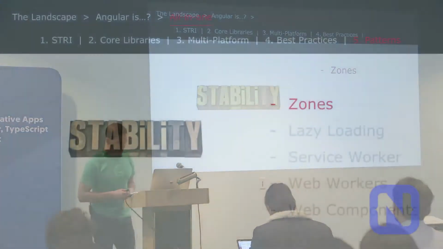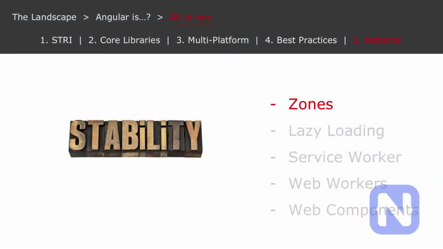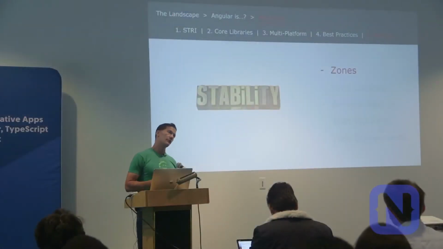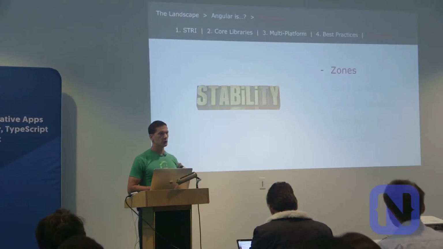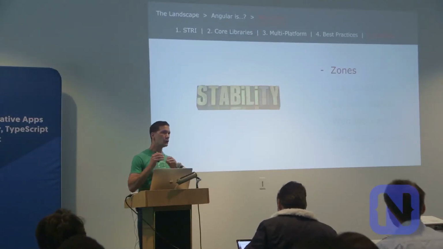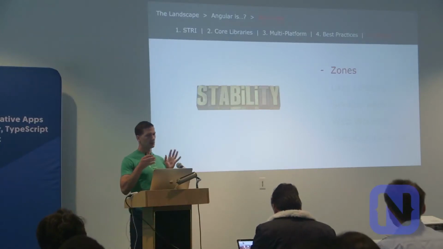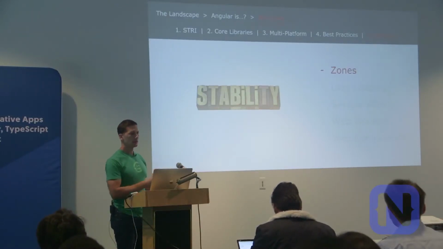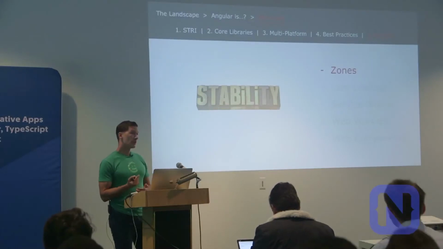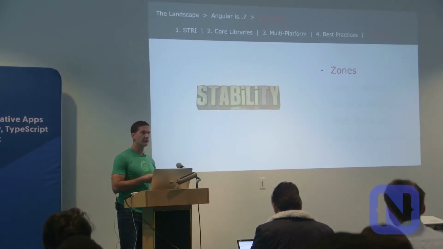So I'll give you an example of this. Let's say you are running end-to-end tests against some part of your website, and you need to know when that web component has rendered. Currently, without using zones, you would have to have some sort of callback. You would have to notify your unit test library when that thing is done. But using zones, it knows when all asynchronous calls have completed because it tracks them.